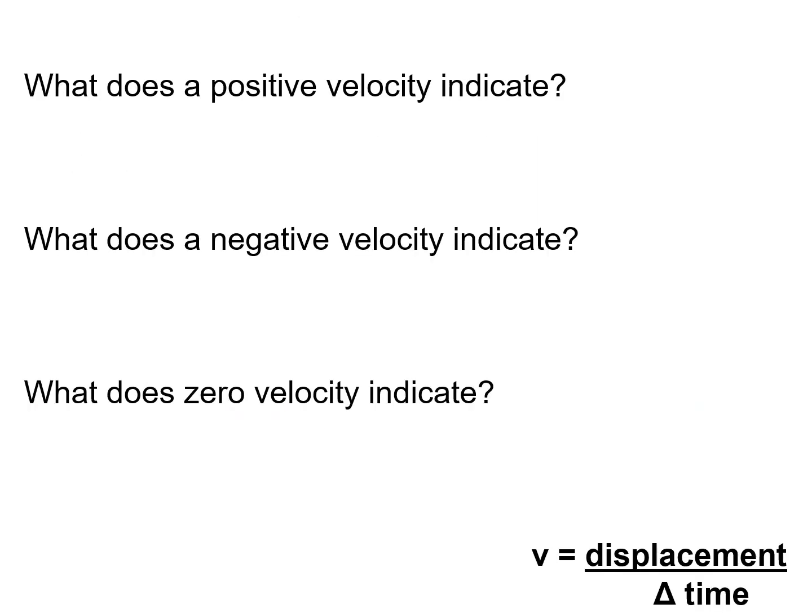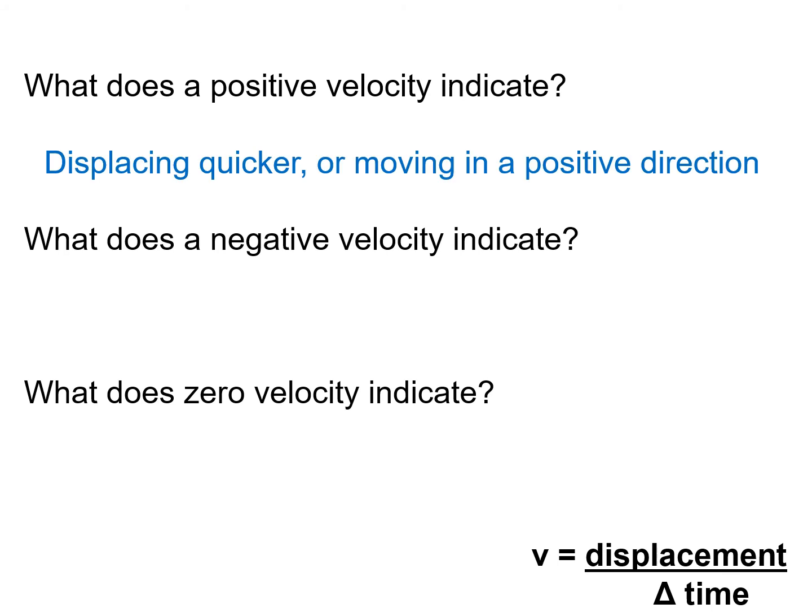So now let's start talking about a change in velocity. This is our acceleration. What does a positive velocity indicate? We are displacing quicker or moving in a positive direction. Usually we say a positive direction is up or to the right. There's no real good reason up and to the right is a positive direction. When we start talking about angular kinematics, we usually say that